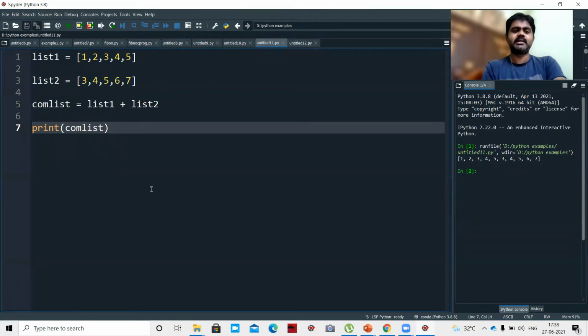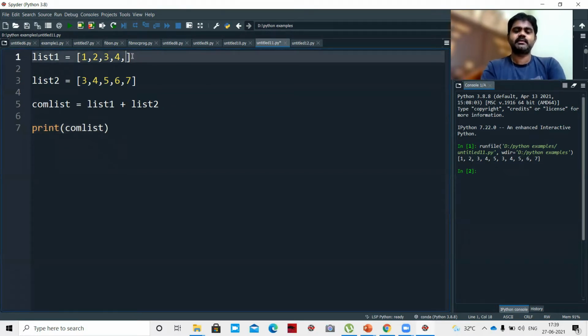Okay. So we can also take different data types and we'll see whether it works or not. So 1 comma 2.5 comma Raj comma true comma 2 plus 3j.